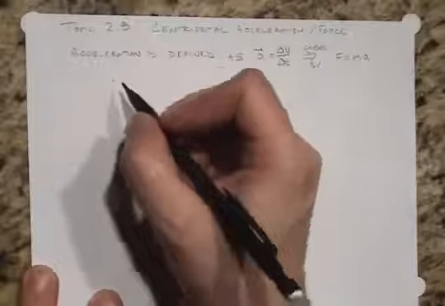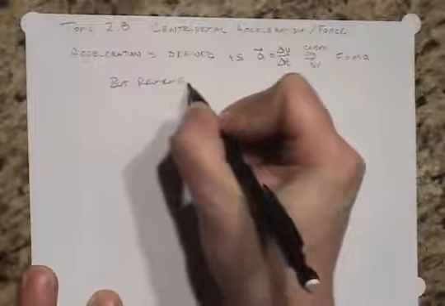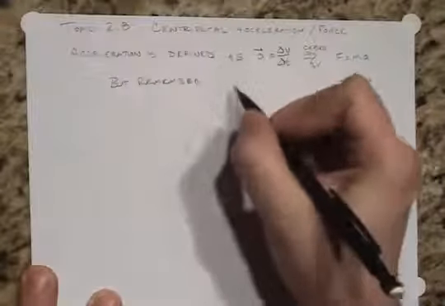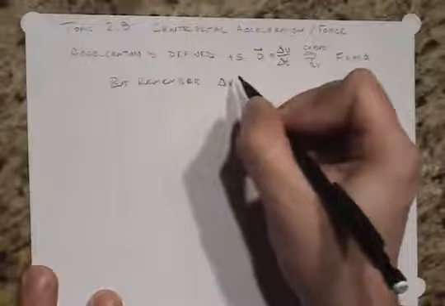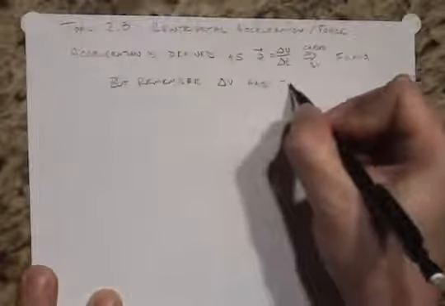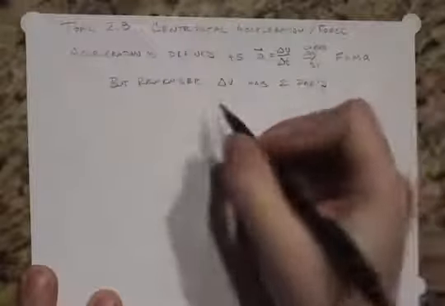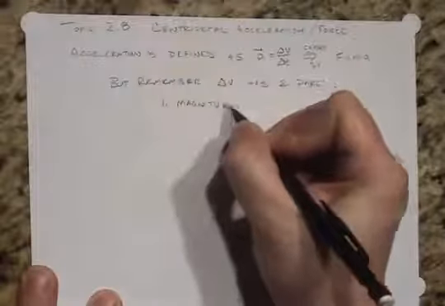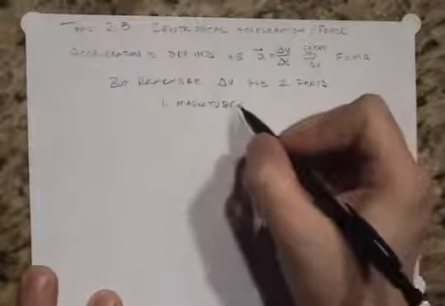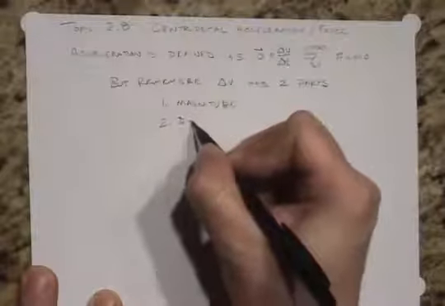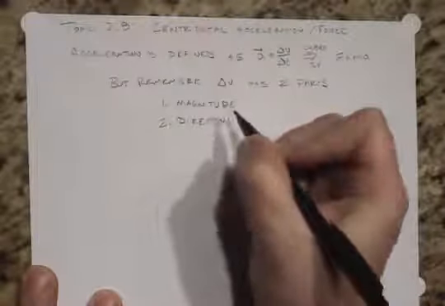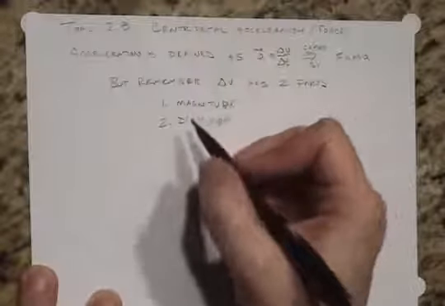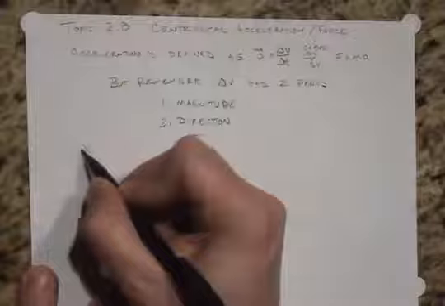But the thing that we need to remember about acceleration is that acceleration has two components. That change in velocity has two parts. There's first of all the magnitude, and we've already looked at the magnitude. And secondly, it has direction. So centripetal acceleration